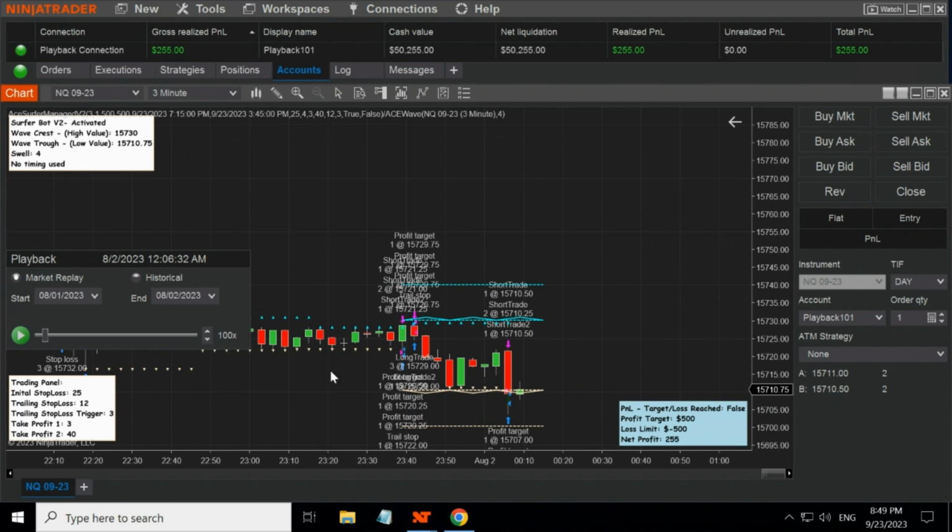Oh, I tried to catch it there. But you can kind of see we entered here, took 3 ticks, and then that 1 contract was able to come down a few ticks to grab some extra money for us. And you can see we've now raised $255, which is excellent. We'll just keep going, so we can catch another couple of trades before we see what happens for the rest of the day. So now we're just past midnight,